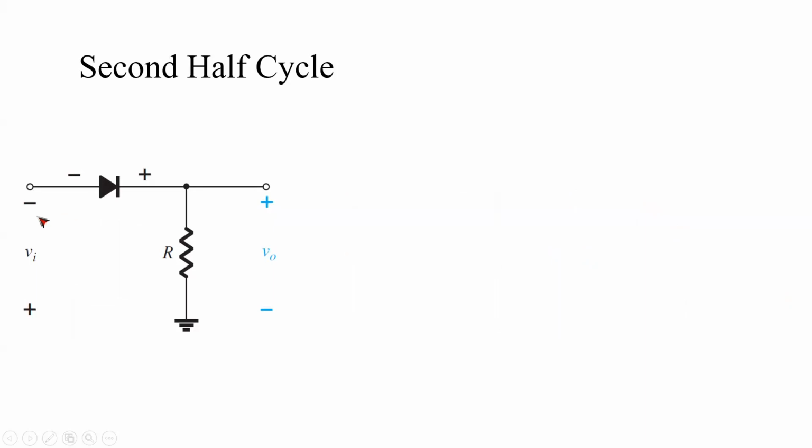Alternating current means for the first half cycle current goes like this, for the second half cycle current goes like this, so they change direction. Since current changes direction, this is the plus, this is the minus. So current will try to go anti-clockwise, like this. Understand? Now what will happen? Since current is going from this point to this point, that